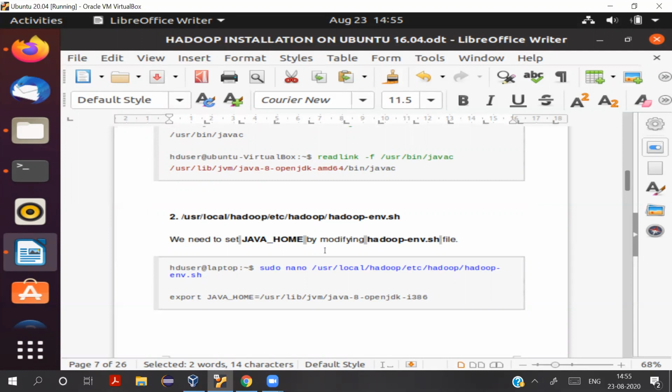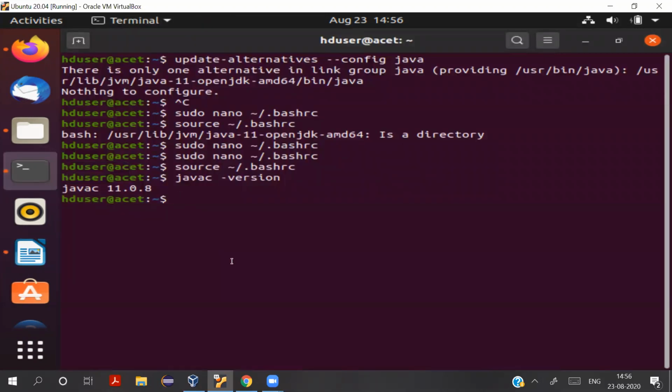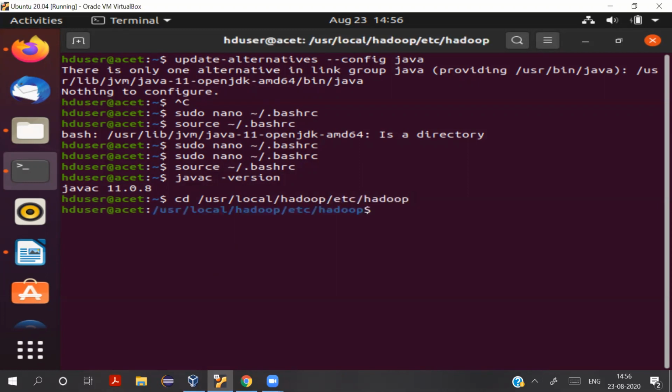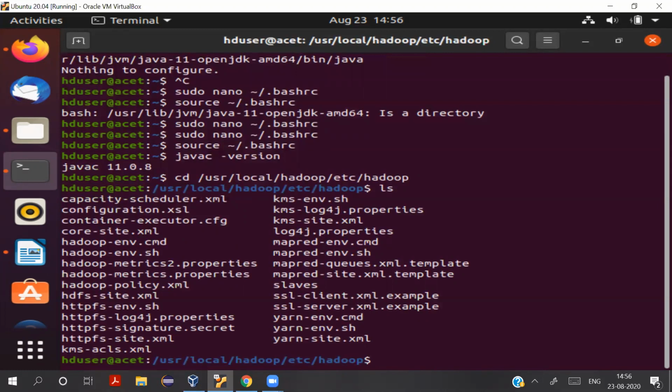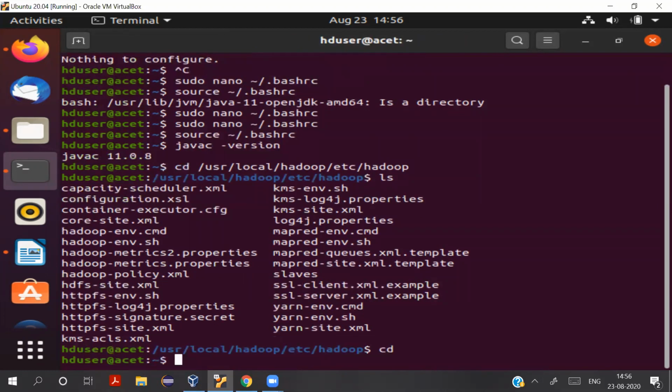All our configuration files would be there by default in the folder /usr/local/hadoop, and below that, etc and hadoop folders. Okay, I'll show you all the files listed there. So I can just first copy this command so that I can open this file. I'll tell you how to use these files. So let me first go to the folder that we just saw, so that you are clear where all your configuration files reside. If I list the files here, these are all your configuration files, which you need to open from this place. So coming back to your home folder,